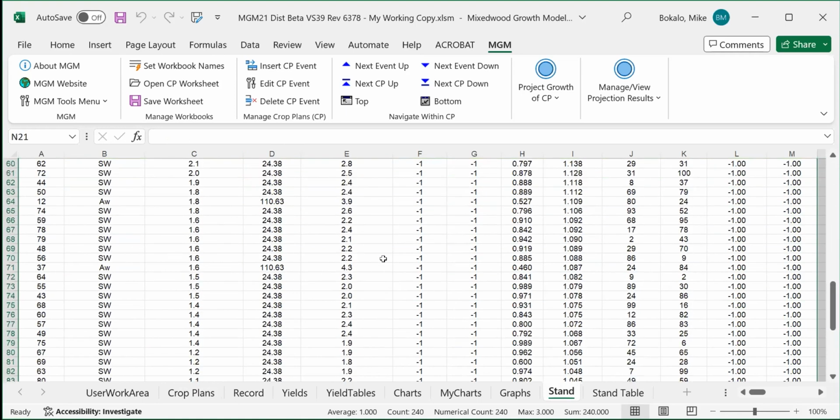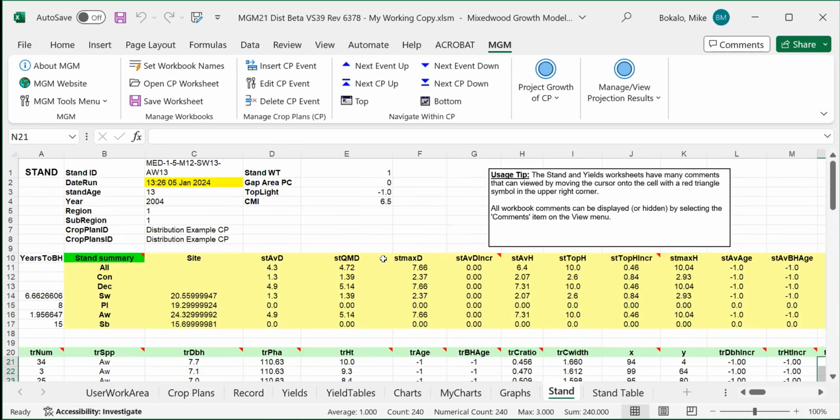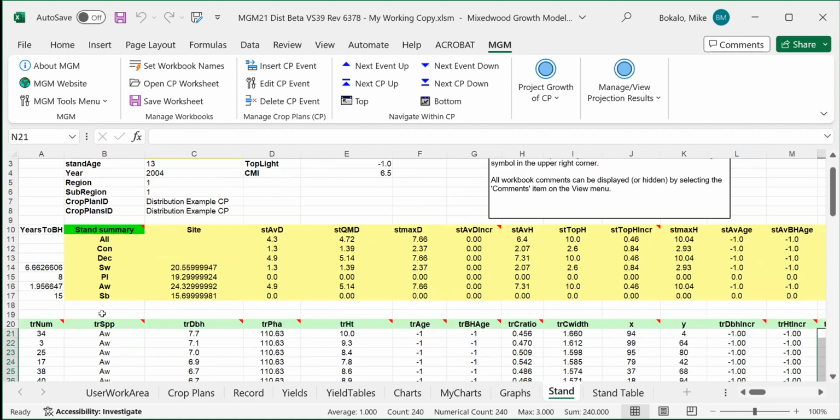And we can pan through. And so it's created basically the tree list that we specified we wanted. Both species are there, aspen and spruce. And this part right here is a calculated part. And this essentially means that it's taken the tree list data here, and these parameters are all calculated based on the tree list. Okay,